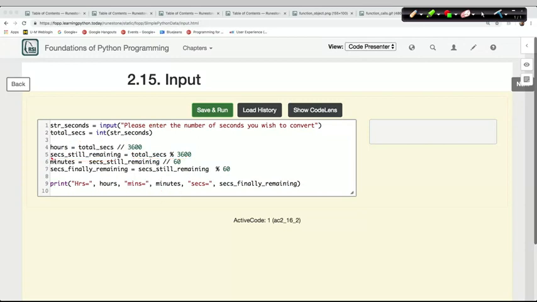And then we take those seconds that didn't divide evenly into the number of hours and convert them into minutes by again dividing without remainder by 60. And then we figure out how many seconds are still remaining at the end of this by taking the remainder when we divide seconds still remaining by 60. And in the end, we get the number of hours, minutes, and seconds for whatever number of seconds the user input. So if I save and run my code,